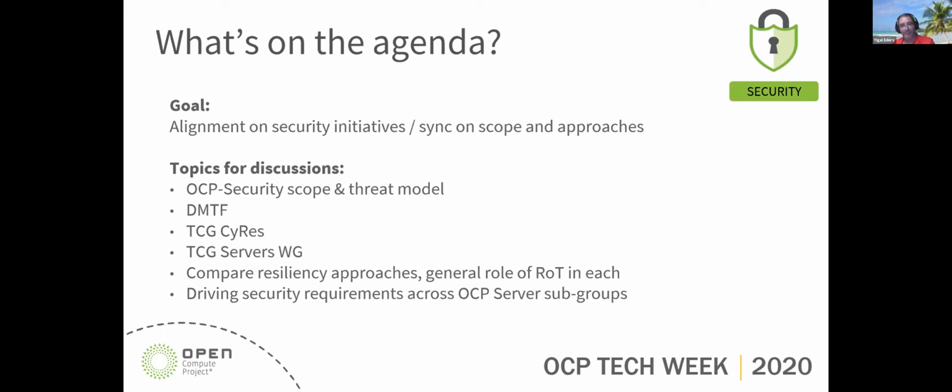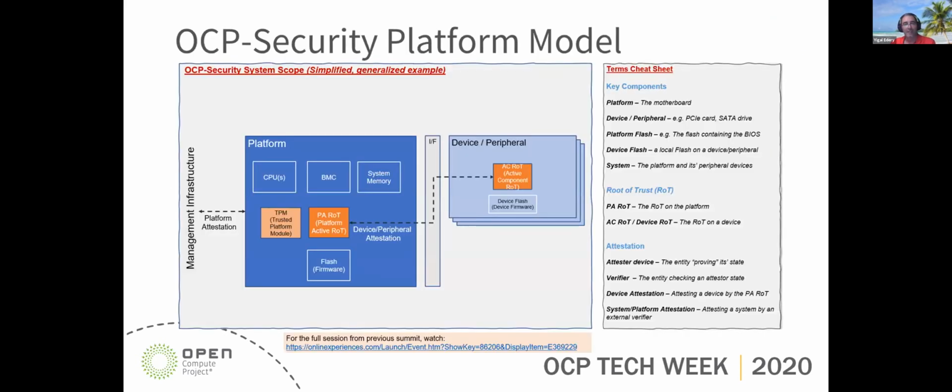So in order to facilitate that discussion, we have guests from all of the relevant projects. And we'll start with some presentation or introduction on the approach taken by each of them. And then we'll open it up to a comparison discussion. Basically, we want to hear the community's voice on what we can do better and how to make those requirements or the different projects align better. So let's get started. I'll start with the open compute security model.